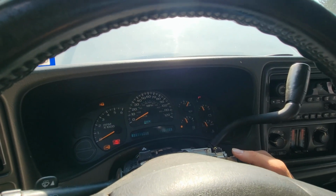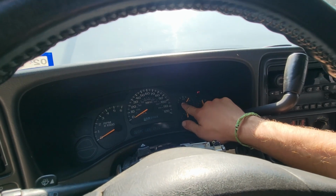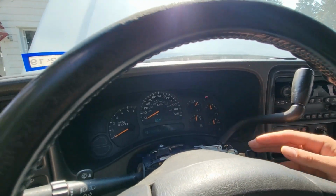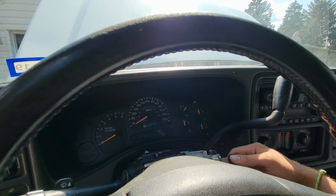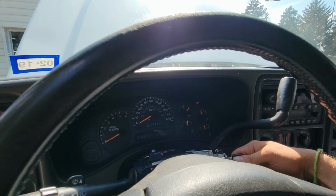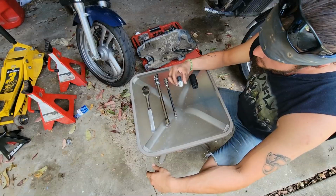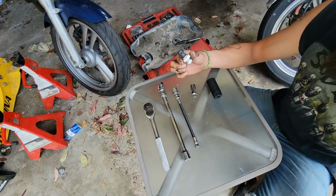So all you gotta do is turn it on. You don't even have to crank the engine, and the oil pressure gauge is going all the way up, which it ain't supposed to do. So it's probably not working, and that's why we're gonna swap her, if we can even get to it. All right, so the parts you're gonna need, obviously the new oil pressure sending unit or whatever,